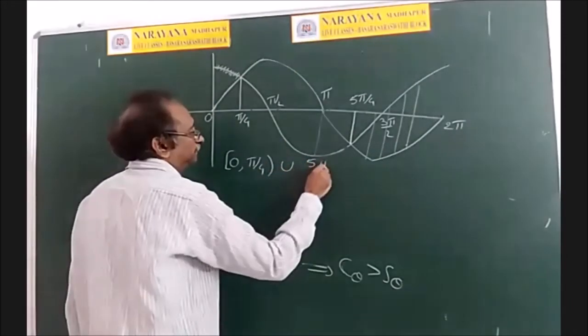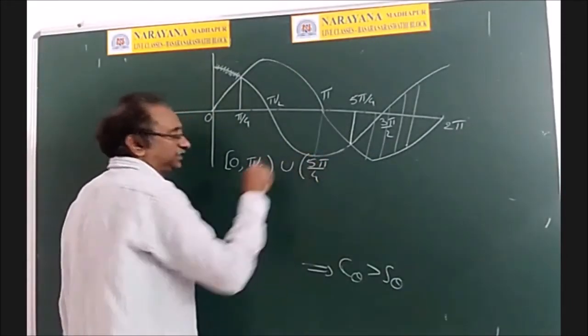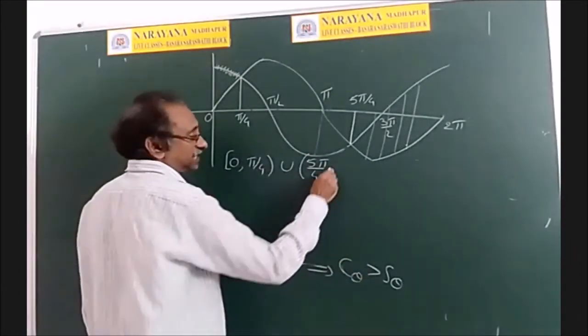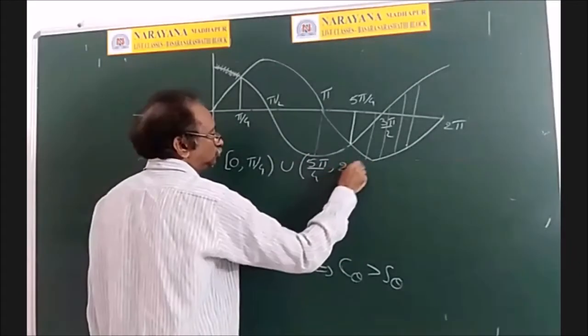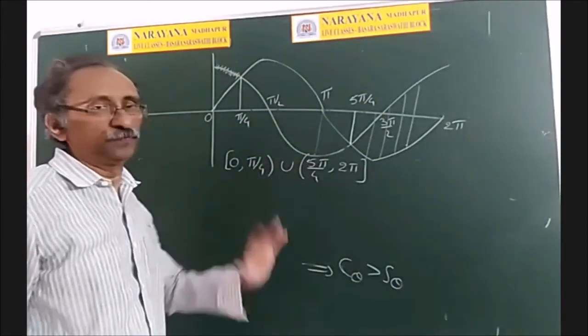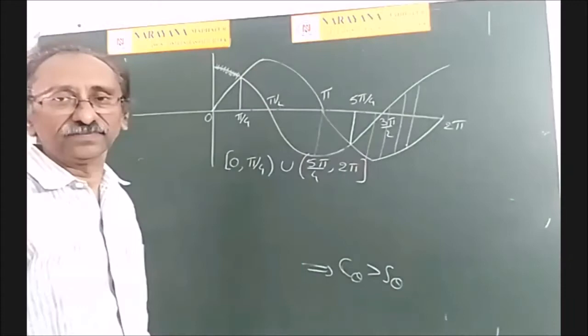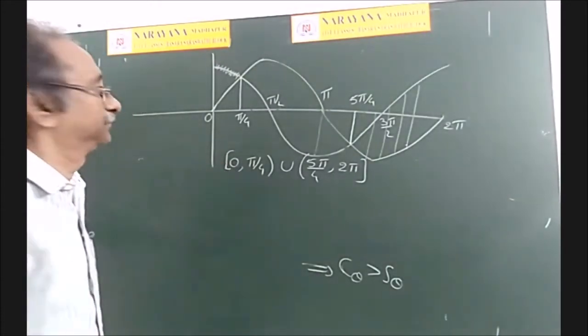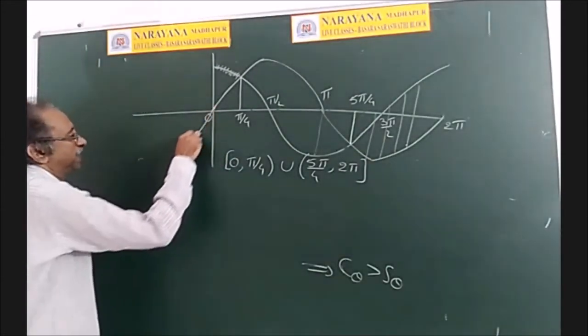So union 5 pi by 4, open at 5 pi by 4 because it is strictly greater than, comma, 2 pi. So if he asks about 0 to 2 pi, I will write like that. Suppose he asks continuously. See, if you go back to this,